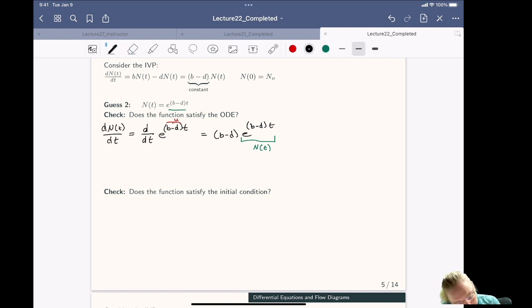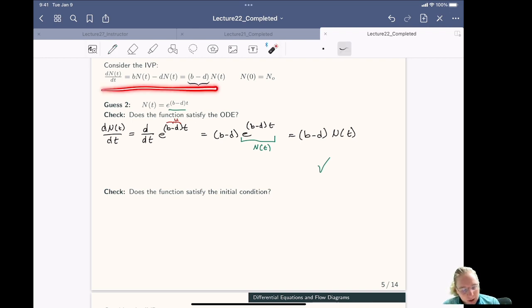So we can rewrite this as b minus d times n of t. Now look at this differential equation. We have dn dt is equal to b minus d times n of t. That's the same as we have here. dn dt is b minus d times n of t. So this is good. We have now found something that solves our differential equation, but it doesn't just have to